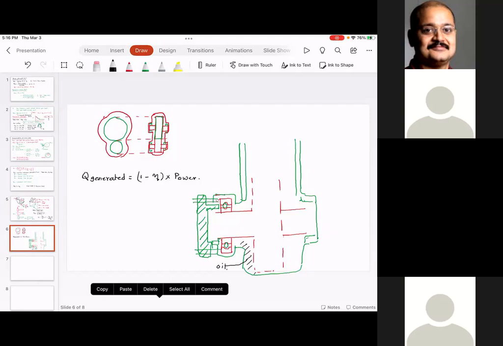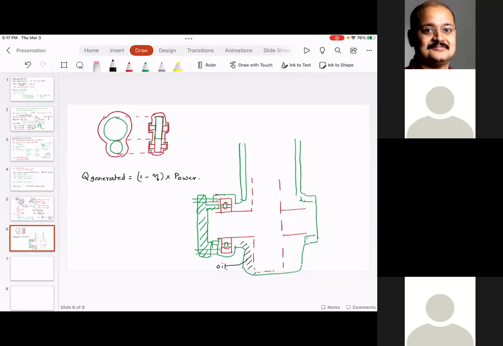If the power transmission is intermittent, for an example, start and stop, in other words, you have gears getting engaged, gears getting disengaged in automotive transmission, like you are going from first gear to second gear to third gear, either by manual transmission or for the automotive transmission, the amount of heat generated is more. And at that time, there will be factors 1.2, 1.3, 1.5, depending upon the operation, that you will have to multiply the heat generated.